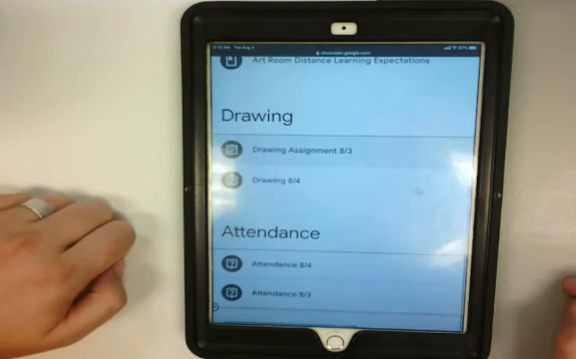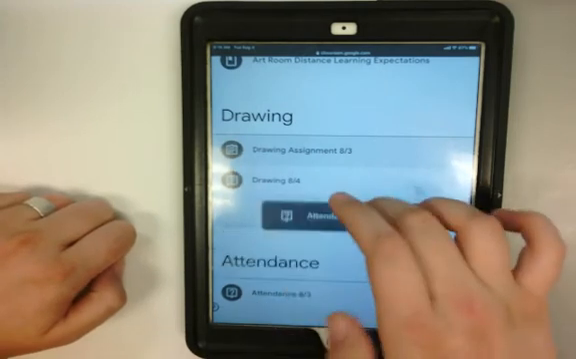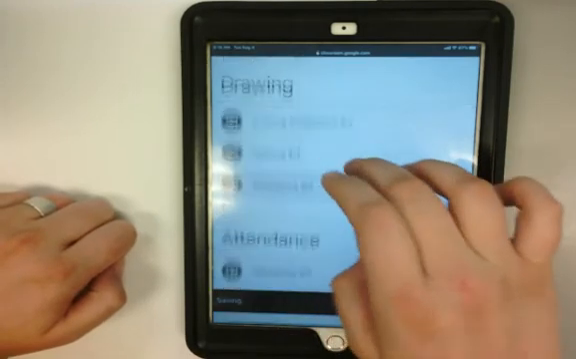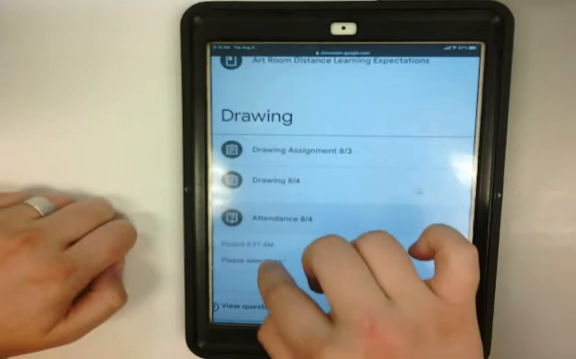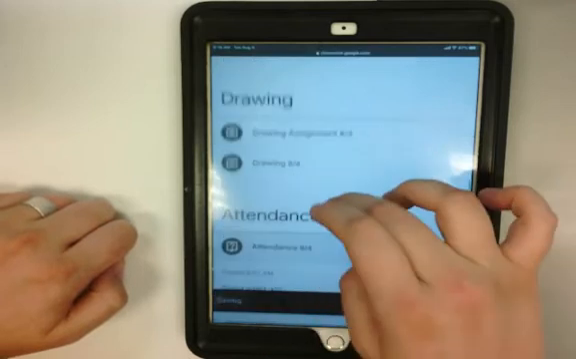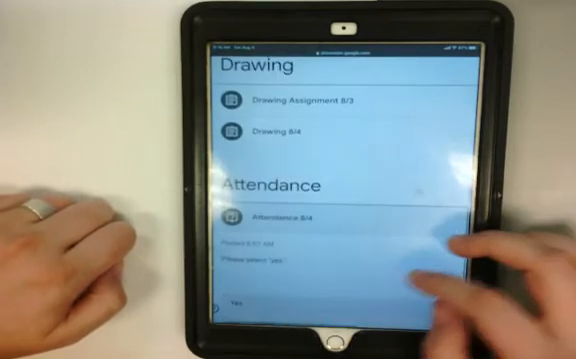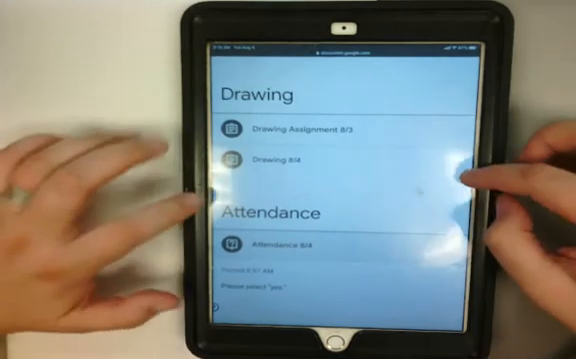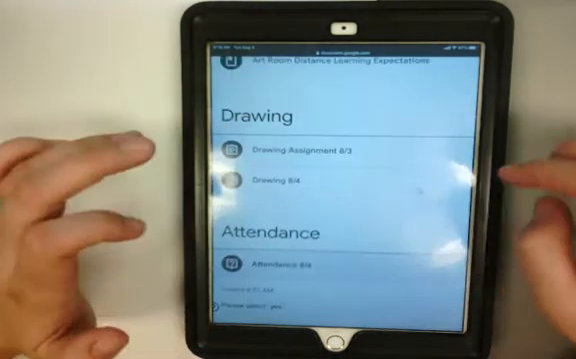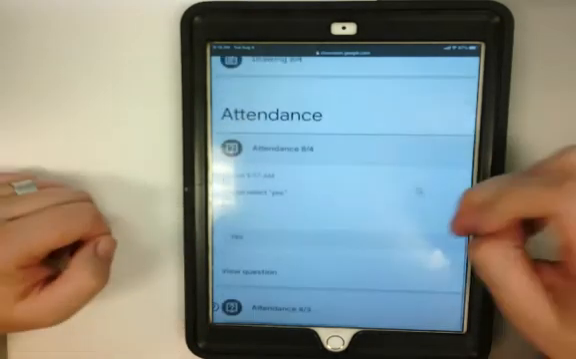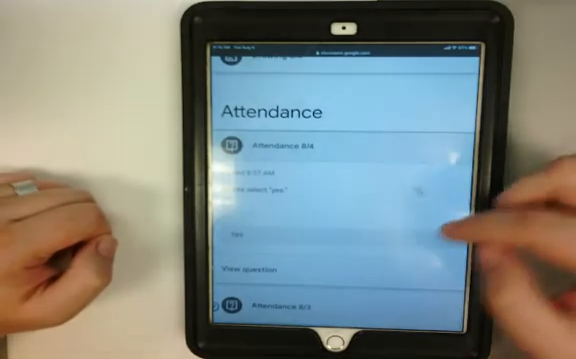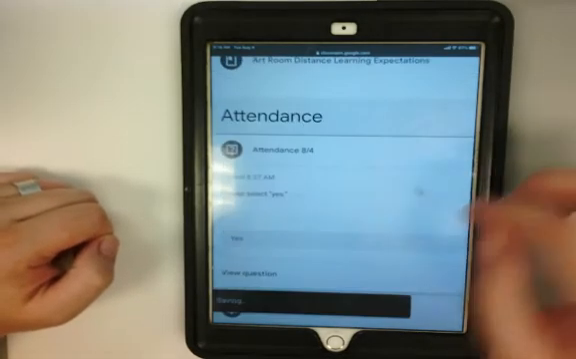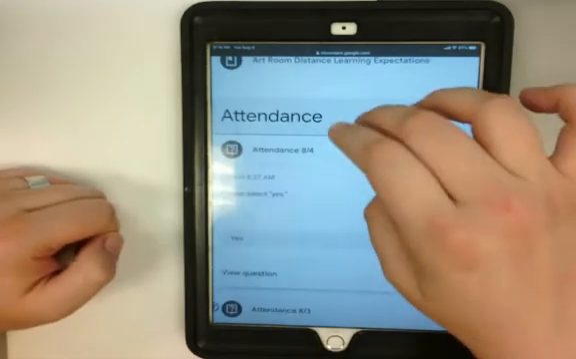So every day you need to click on this tab and it'll take you to the attendance. You're going to select yes, and then submit your attendance. Sorry, mine wants to edit stuff. All right, so you're going to hit the attendance tab and click yes, and then you answer the question. Now, to submit your drawings,